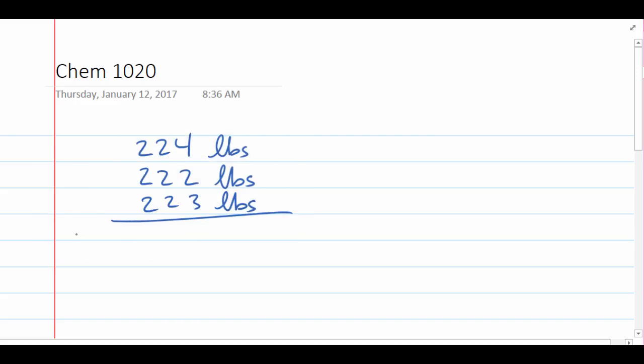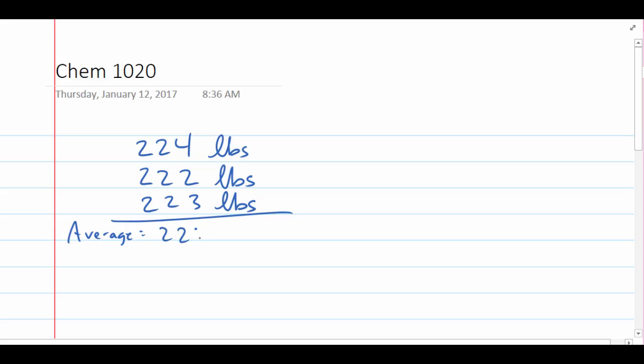I stepped off the scale and back on again, and the next time I stepped on, I don't have a great scale, but it showed 222 pounds. So I step off, step back on again, and it shows 223 pounds. Now if I look at these values, what is my weight? What would be the best weight to put down here? 223, considering that's the average of those three numbers. Okay, so we're going to put in the average. So we'd say that the average of these values is